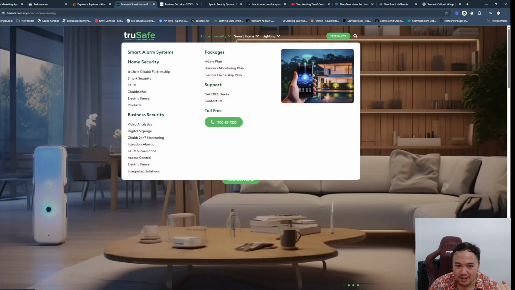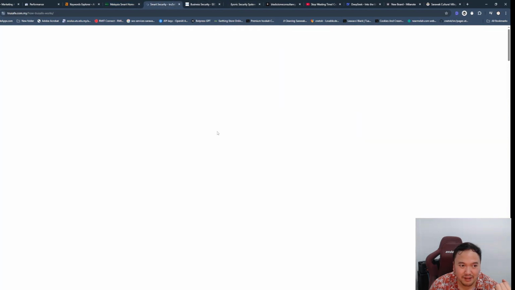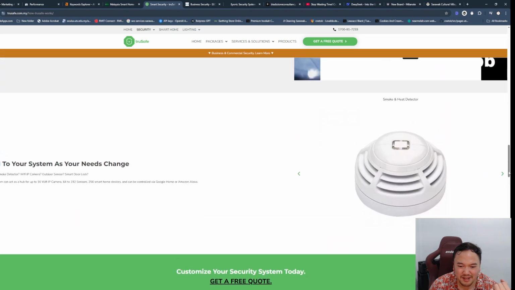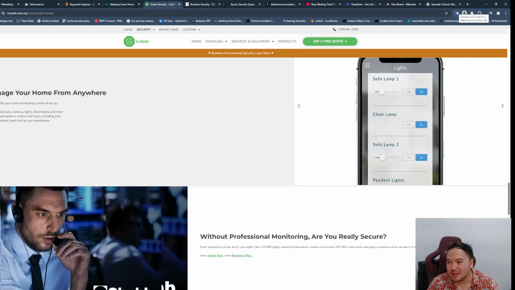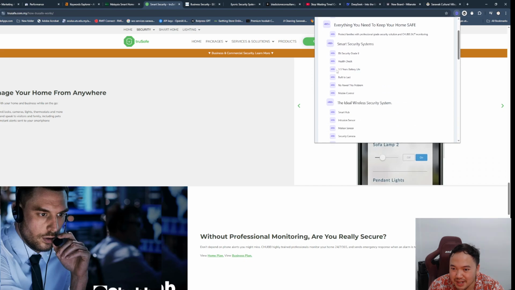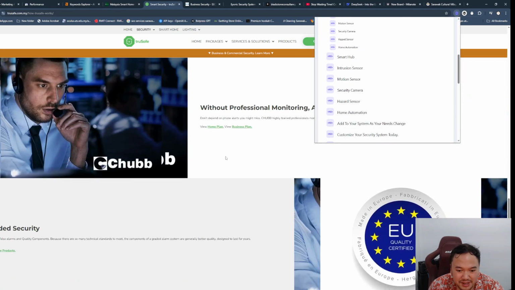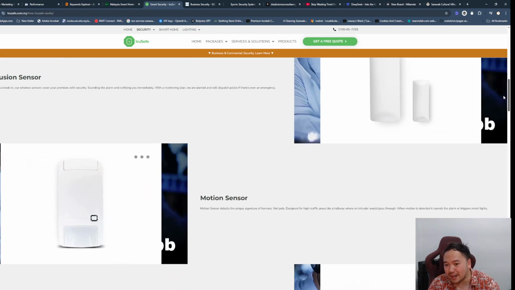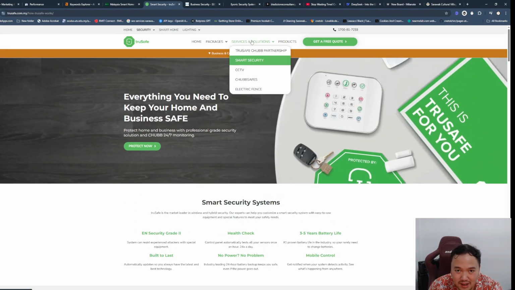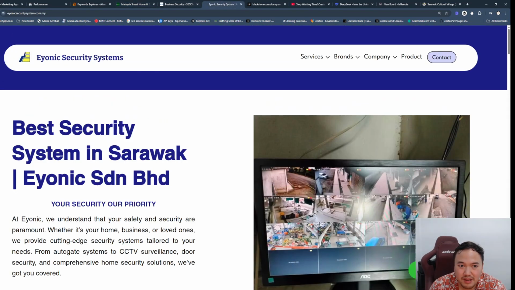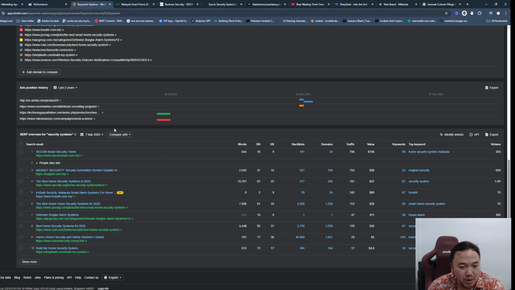So as you can see, I was right. You see how they talk about different things: security system, hazard sensors, and whatnot. You can even use this tool called Detailed SEO extension, where you can actually see what keywords they use and how they structure the H2s and H1s and H3s, so that Google knows you're not thin content. You're actually explaining what the content is about, what that page is all about. So this is one way we strategize the entire thing for our particular client here, Ionic Security Systems. So you have competition.